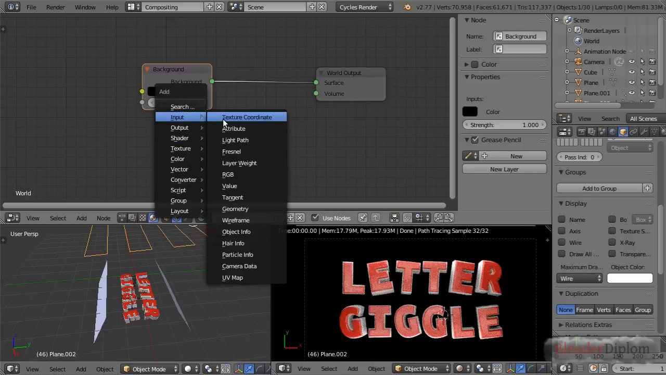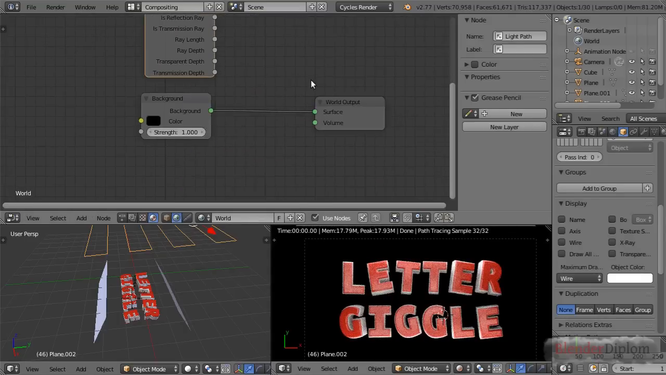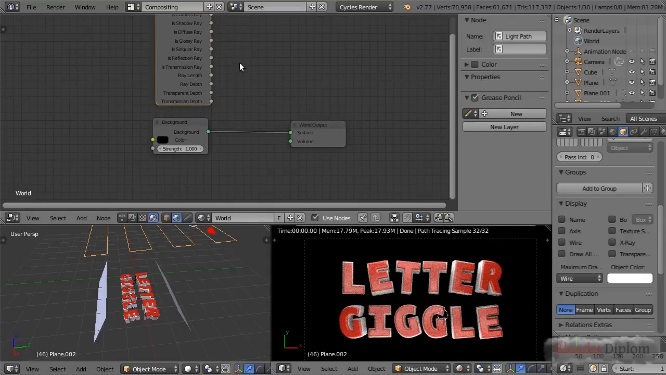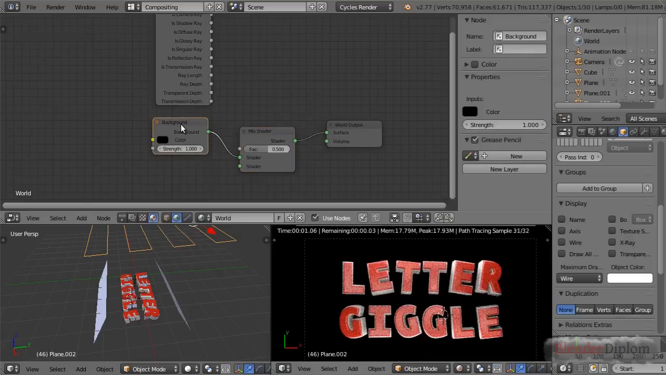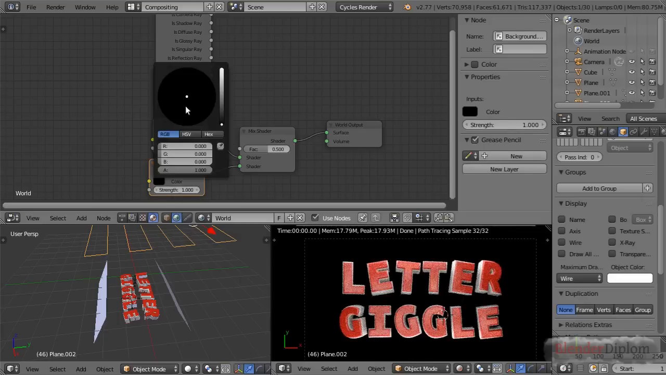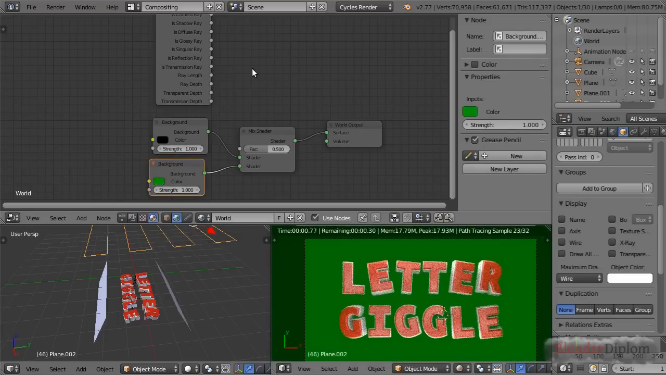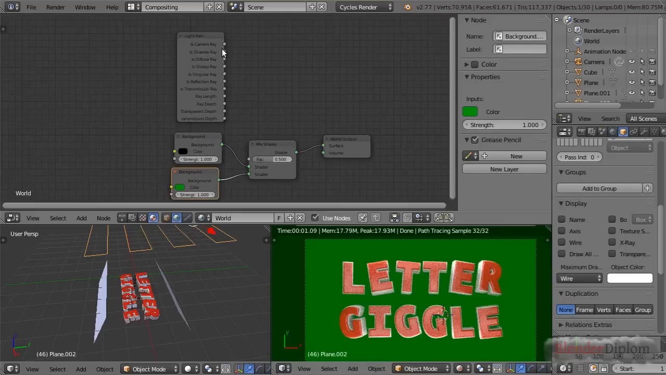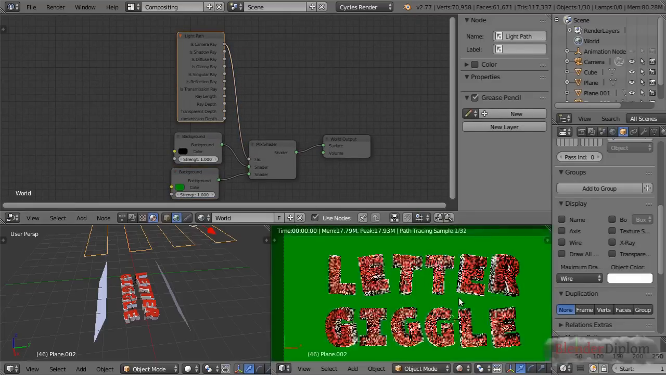And for this we have input, light path, and there on the top we have is camera ray. But for this to work, we need a mix shader, so let's add shader, mix. Let's duplicate the background down here and choose a color, just so you can see the effect. Now, when I use is camera ray, the background will become brighter, and